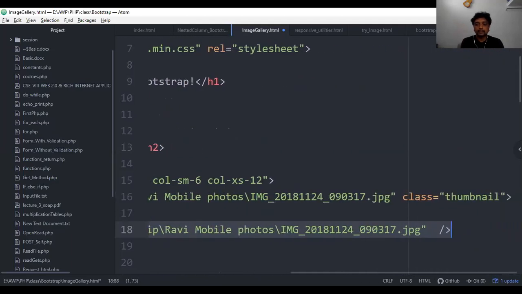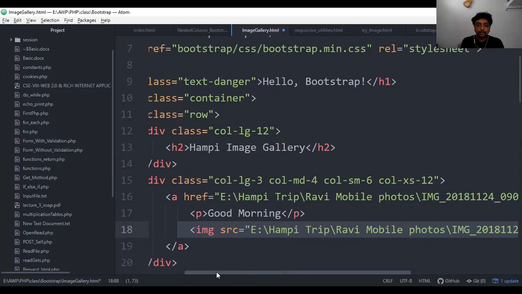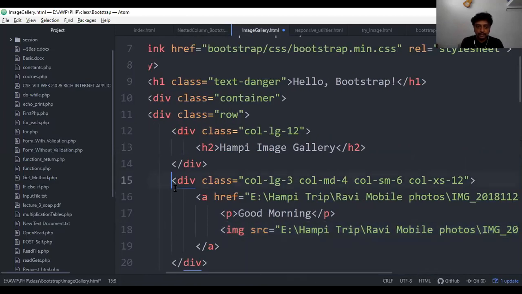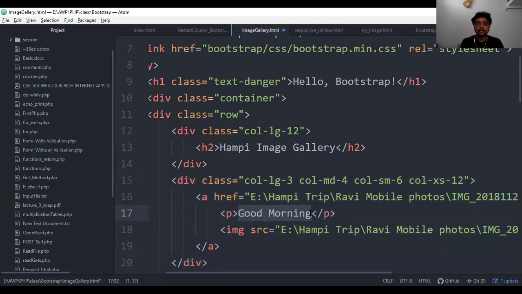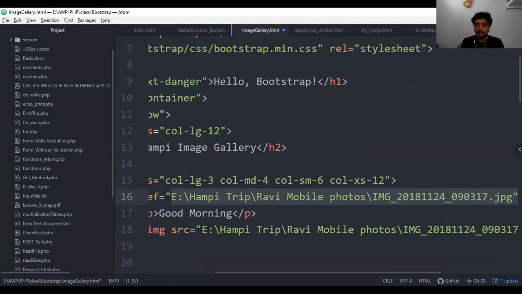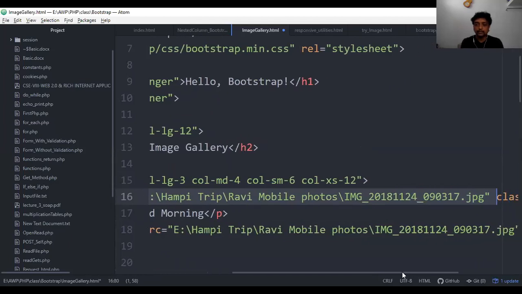So for that I am going to show it like this, the complete image part. If I see that in one division, this division is purely for the first column, where we are going to see the heading of the image as good morning. Once I click on that image, that is, we made it a hyperlink. Hyperlink in the sense we are going to use href and the anchor tag, where it will open the image in the full screen view. So the same image is going to be viewed in the full screen view. That is how we are going to see.